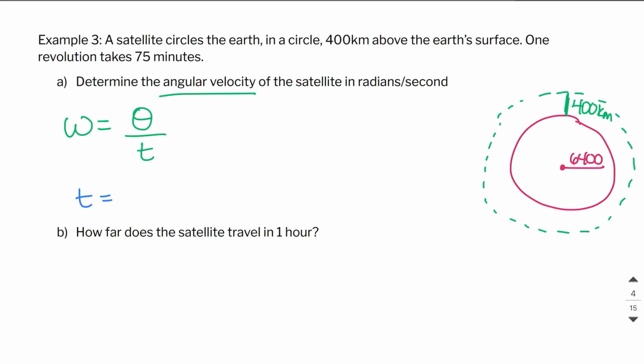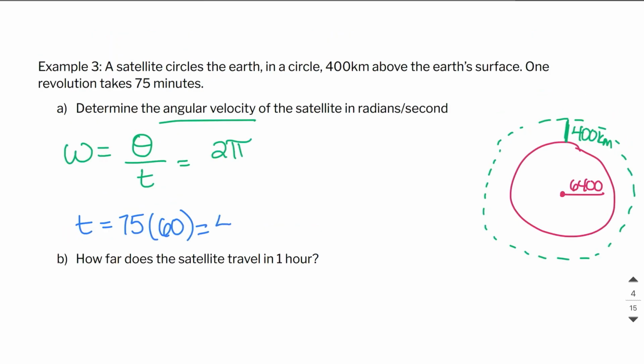It takes 75 minutes to complete a full 2 pi, so our angle is 2 pi. Because it is in seconds, I need to convert my 75 minutes to seconds. 1 minute is 60 seconds, so 75 times 60